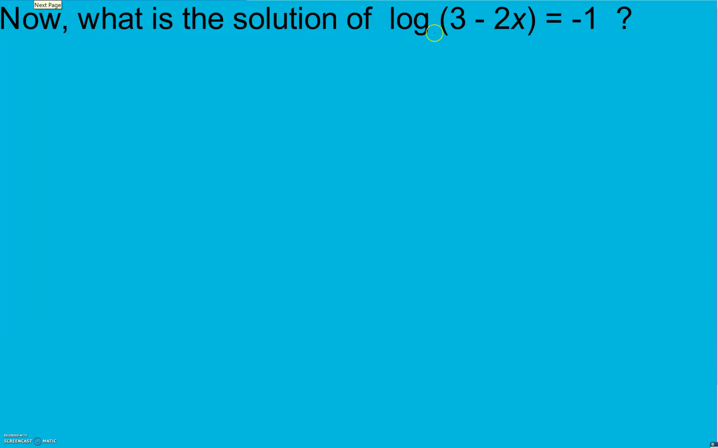Again, we have our common logarithm here, base 10. So whenever we have a variable inside our logarithm, we have got to switch to exponential form. 10 to the negative first power equals 3 minus 2x. Our base, our exponent, equals. That's what our equals is. 10 to the negative first power is 0.1,